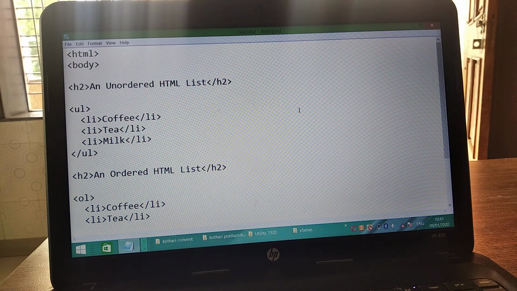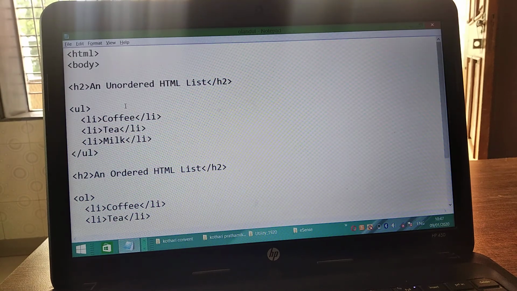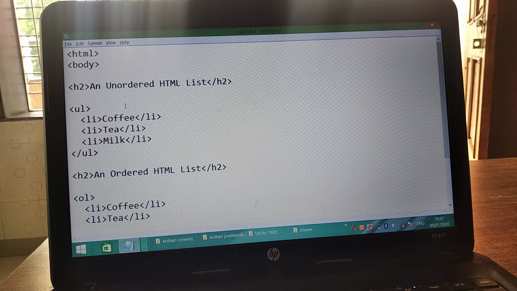These are the types of UL, and we can change the UL type as per our necessity. You can look at your textbook for different types of UL.